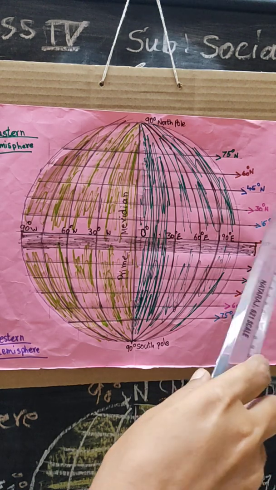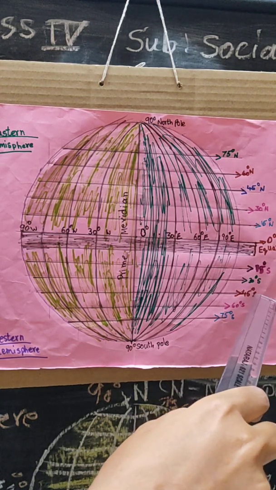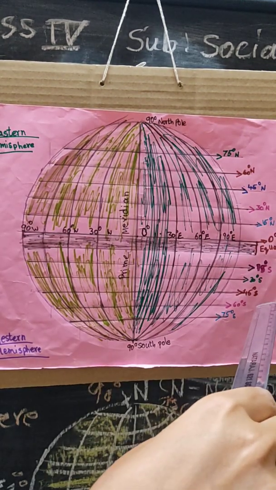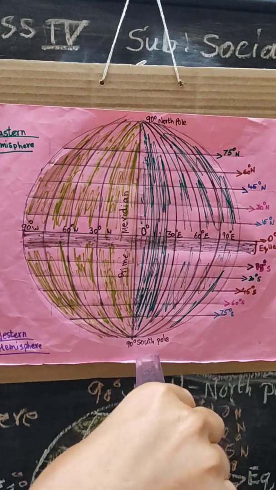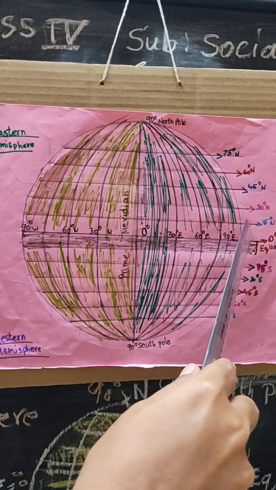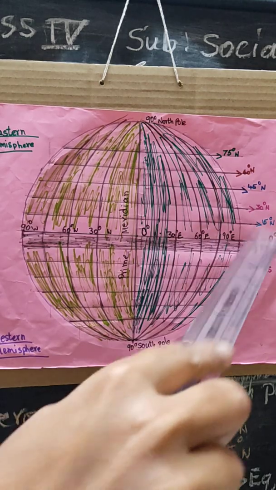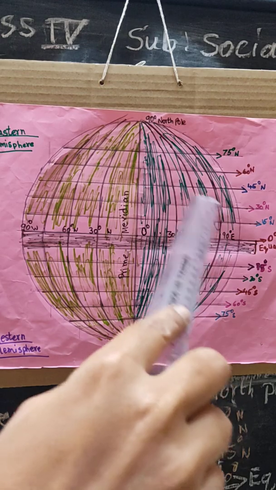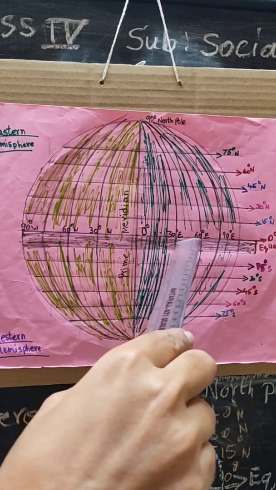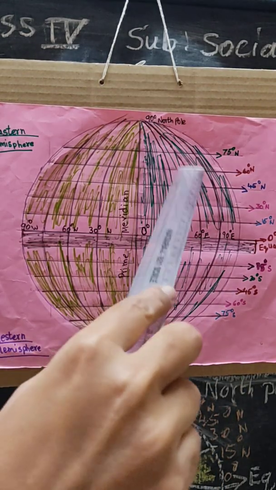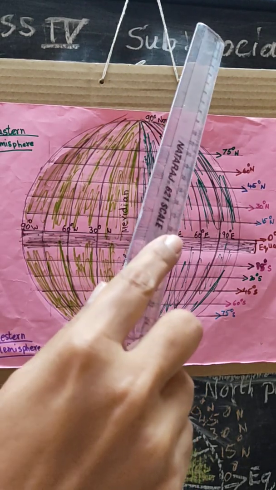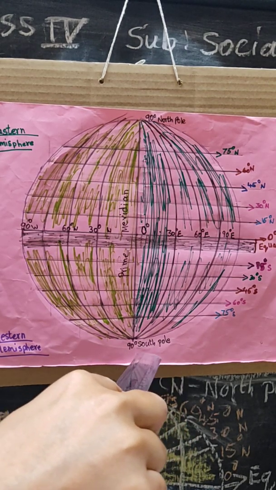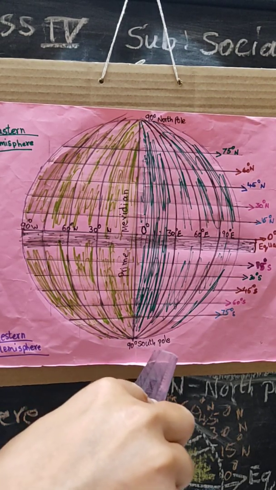Now here, 15 degrees, 30 degrees, 45 degrees, 60 degrees and 75 degrees. Previously I showed you. Now here we have learned that it is north, south, and then again east and west. It is like how we cut an apple into 4 pieces, so that we can understand which place it is located, and where the sunlight is shining, on which pole, which side. Now that I will explain to you.